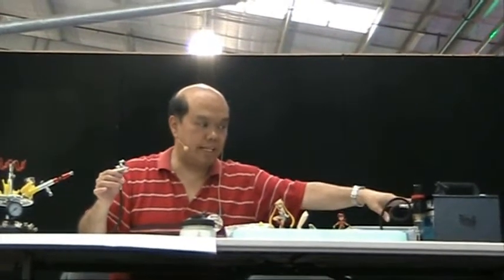So the two bits of jargon today are single action, double action, and gravity feed, siphon feed. There's obviously more jargon, but let's not go through that. Just going through other parts of the airbrush system. Okay, you've got the compressor over here. In this case, it's an air compressor that doesn't have an air tank. For a lot of what people do, you don't need an air tank. Some people might like one. But what's important with that is,